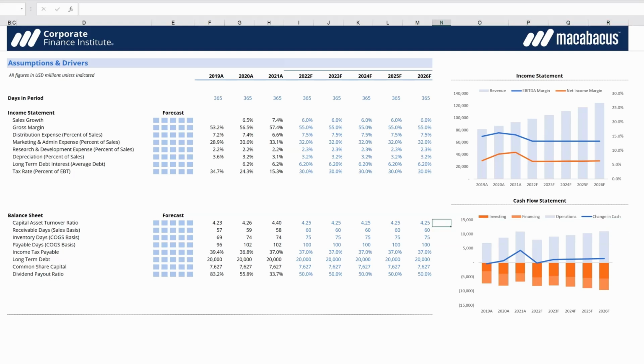In this case, we're going to actually start with the balance sheet. So we know that this company is going to have to make cash investments into CapEx, capital expenditures, in order to have the productive capacity to create these new products. So the easy way to model that is by reducing our capital asset turnover ratio, which will in turn increase the assets on our balance sheet.